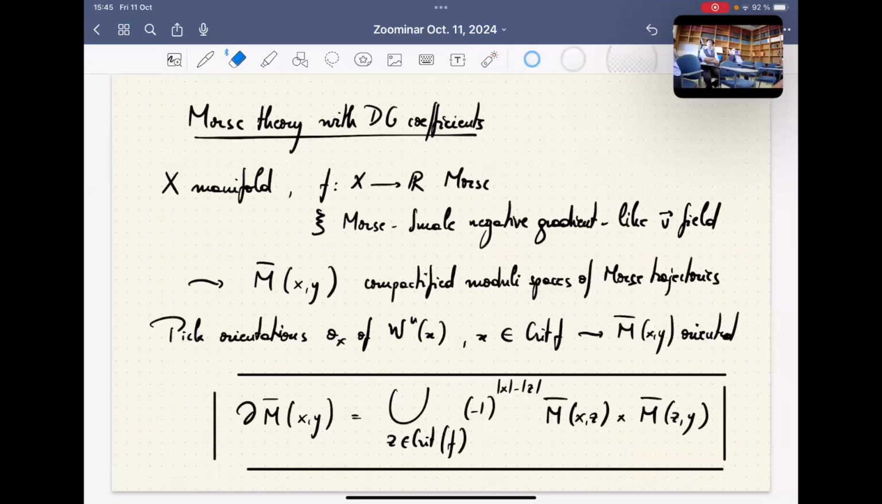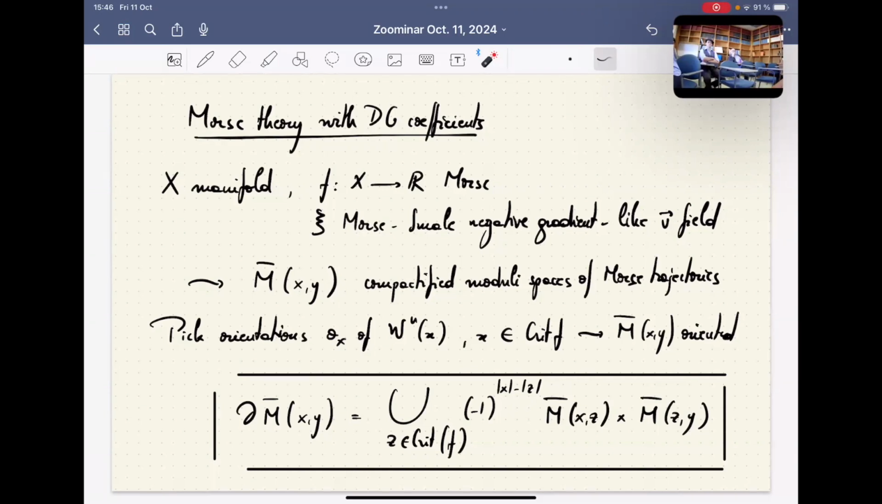So for Morse theory, we start with a manifold, we start with a Morse function, we pick a Morse-Smale negative gradient-like vector field, and we consider the compactified moduli spaces of Morse trajectories. These are oriented as soon as I pick orientations of the unstable manifolds. They are oriented, and they are actually manifolds with boundary with corners. As of today, we have a choice as to how fine the description of the manifold structure of the boundary is. But in any case,